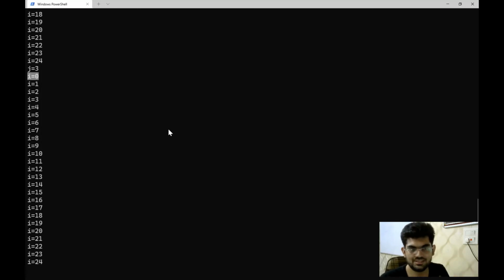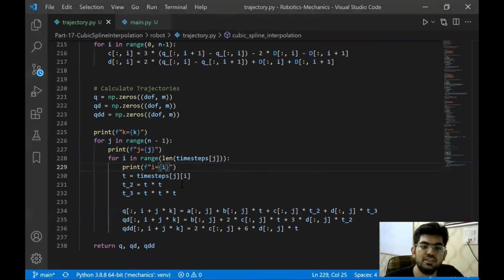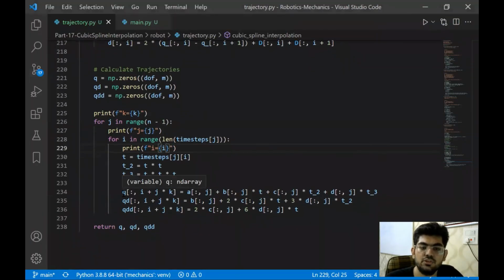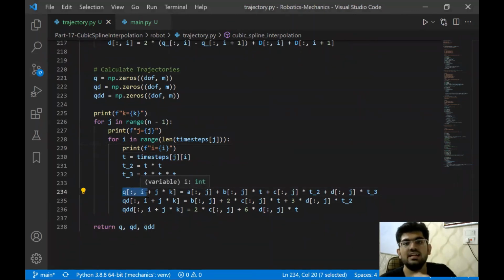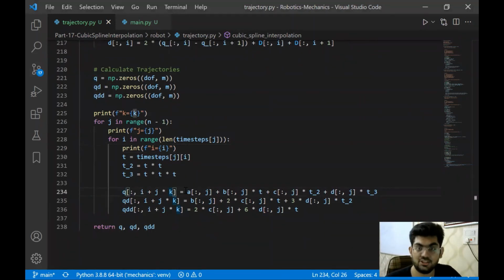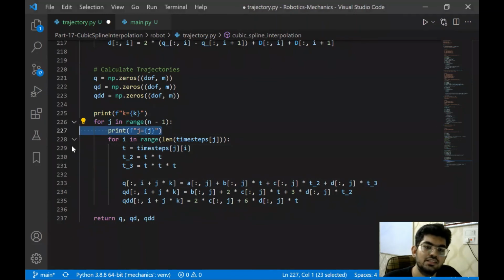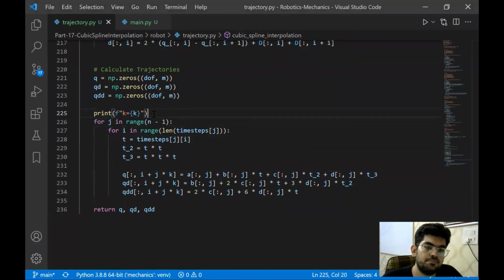We are now basically iterating from 0 till 99. In this way, we are assigning the values of q starting from 0 till the 99th index. And that is actually what we wanted to do. So this i plus j times k is implicitly calculating what each value is going to be equal to. So that's why we have used that. Right. Okay. Now let's remove this, since we don't require them.